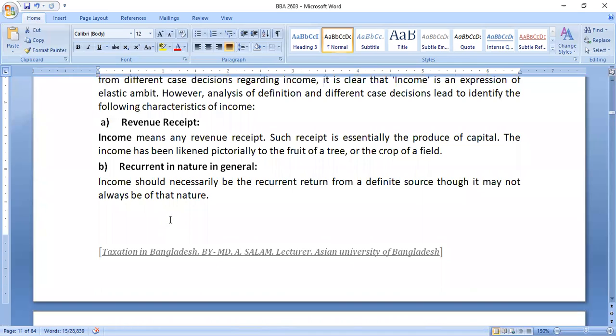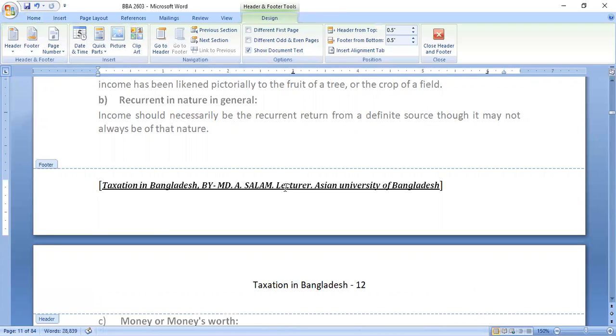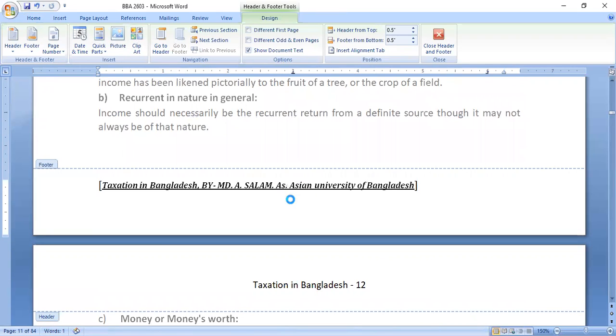Number B, recurrent in nature in general. So income should necessarily be the recurrent return from a definite source, though it may not always be of that nature. সাধারণত যদি ইনকাম হয় তাহলে সেটা অবশ্যই আমাদের কাছে রিকারেন্ট রিটার্ন আসবে।